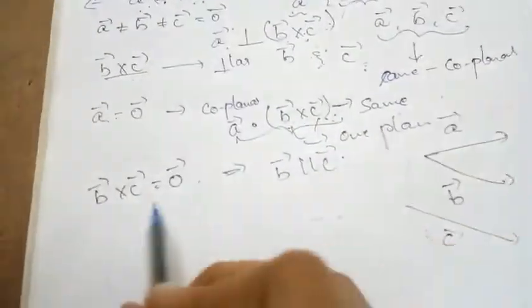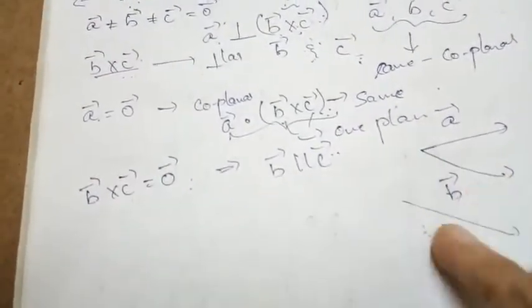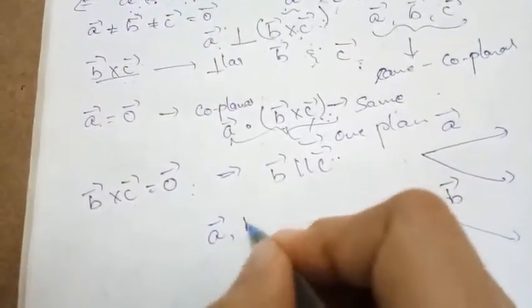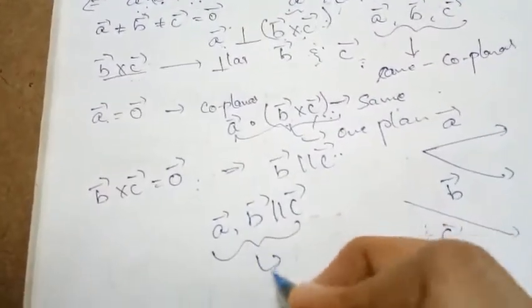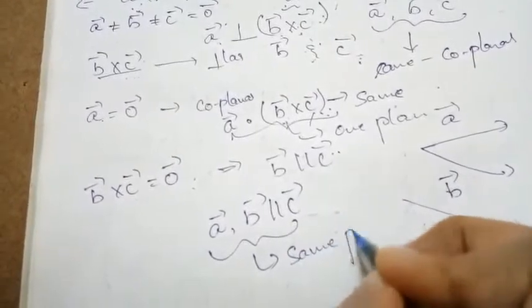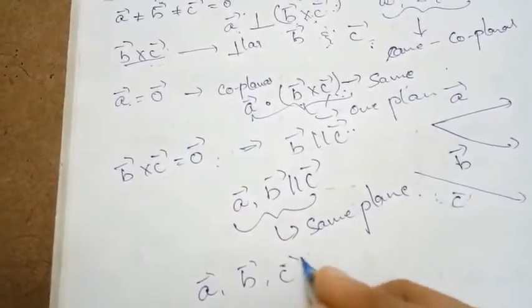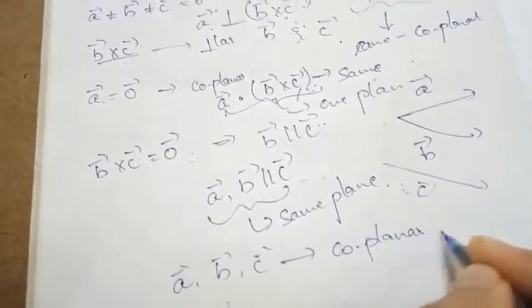So that is what he is saying. Vector b cross c is equal to 0 means these two are parallel. If these two are parallel vectors, and we consider vector a with vector b, and I draw a parallel vector, vector c, then all of these are still lying in the same plane. So with the two conditions also we are saying that vector a, vector b and vector c are coplanar. So the derivation part, what I have done, try to understand it three-dimensionally.